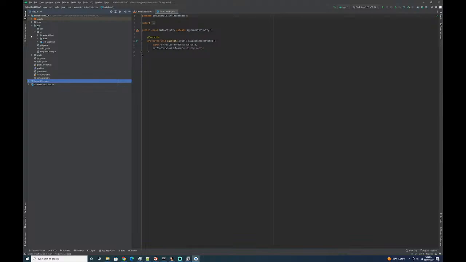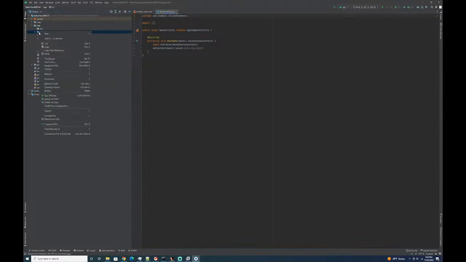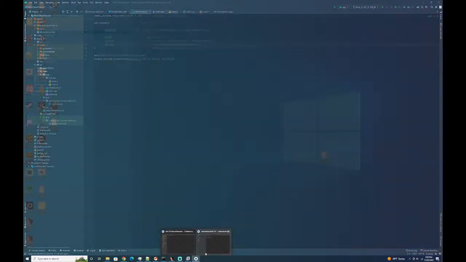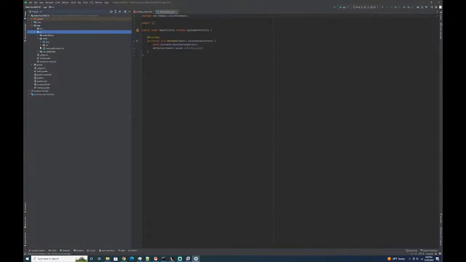source, main, and then under source we're going to, let me check my other file. Sorry, it's under app, not under source. Sorry, I just want to be completely positive. All right, main CPP includes. All right, so under main